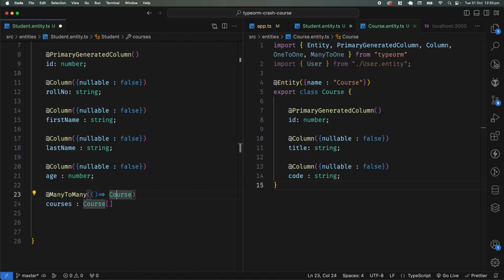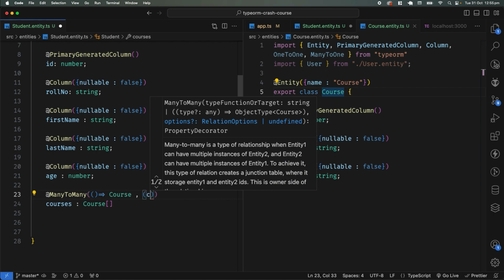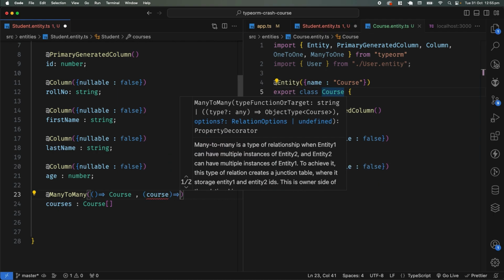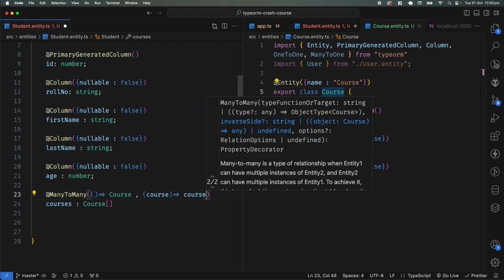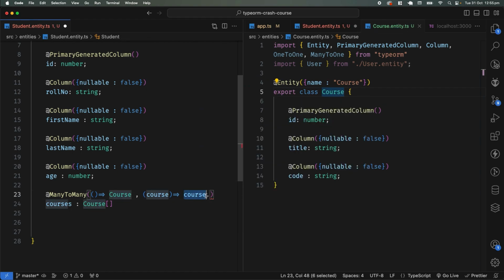the next step you can obviously do is to tell by which attribute this course is being linked. So the many-to-many relation is with the course entity, but specifically with which attribute of the course entity is this relation being linked? For that, you have to define one more attribute in which you can tell that, let's say for now I will get a course entity object here, and I will say course dot,